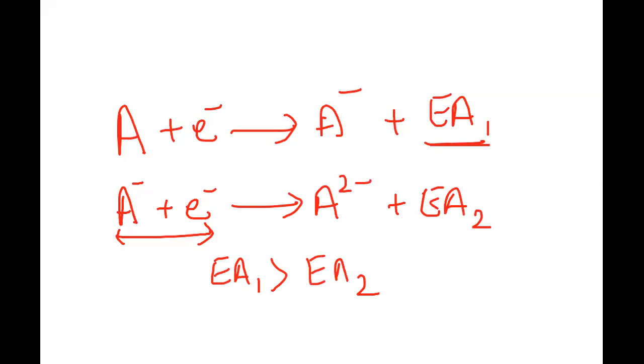Now this is contrary to what you did in the ionization potential values. The successive ionization potential values were always more than the previous one, but in this case, the successive electron affinity values are less. Why? Because a certain amount of energy which is given out is used up in overcoming the repulsion between the like charges, that is the negatively charged ion and the electron which is to be added to this. So this was a little of what you needed to know about electron affinity.